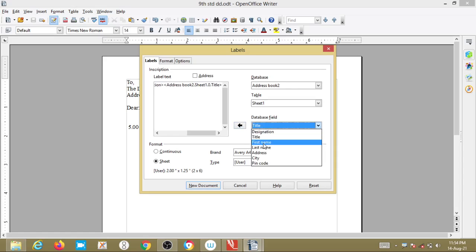Okay, then first name, again last name, then address, city and pin code. Okay. Here in the label text document space, you will get all these database fields which we have entered in the address book 2 sheet. Okay. Now after moving